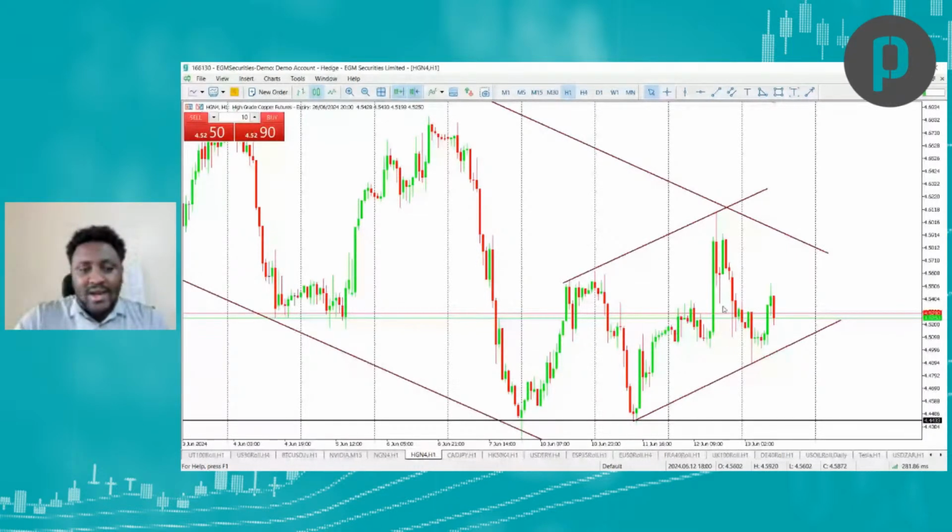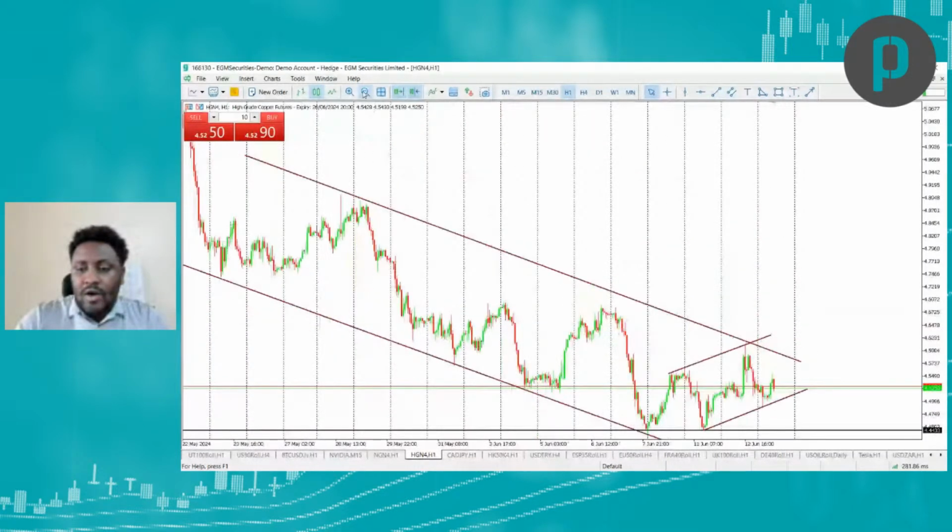So it doesn't mean that it's an outright look for a bullish position, but then I would be more observant of the upper trend line to see when the market eventually breaks the upper trend line. And in this case, if there's a break, then potentially look for bullish positions. So NVIDIA